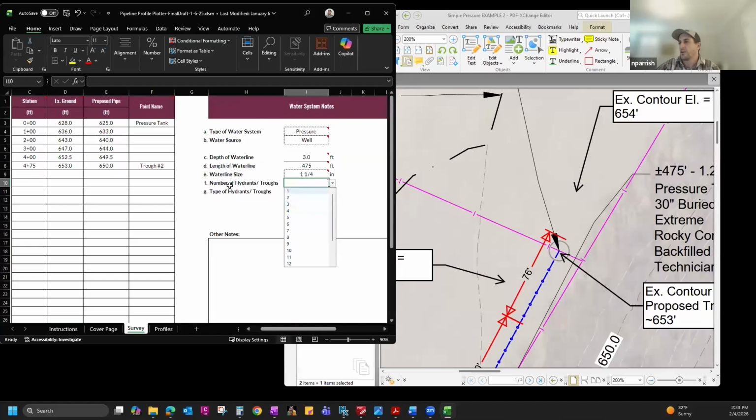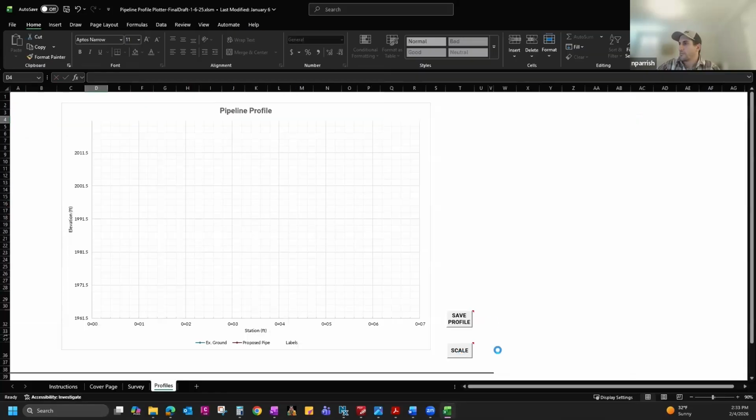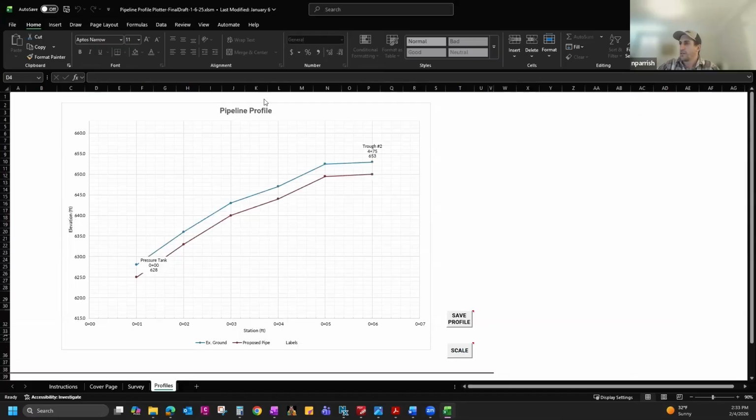So on this waterline, we've only got one trough. And I believe for here, it gives a couple recommendations on what trough type you could put here. So let's just say frost roof. And then you'll go over to your profile tab, hit scale, hit OK, and then there is our profile starting at